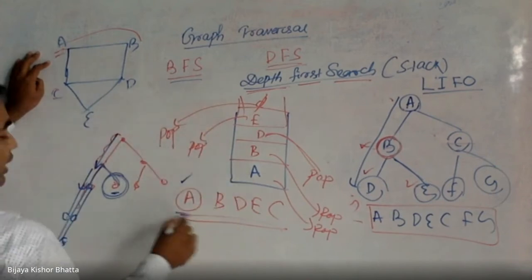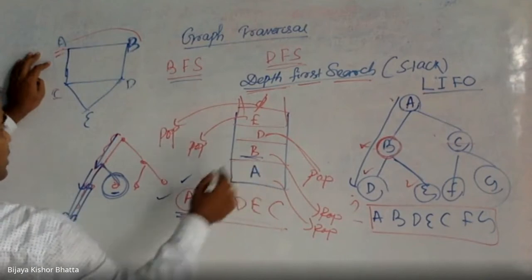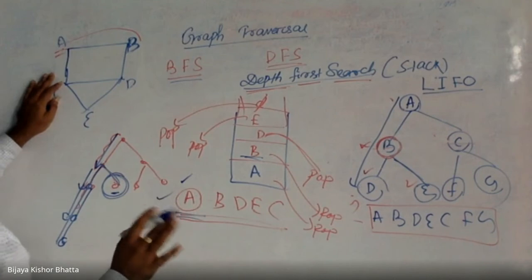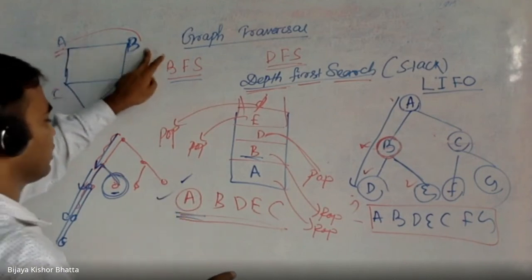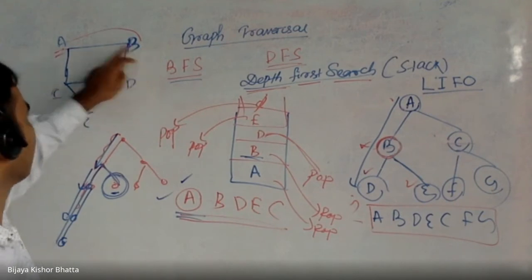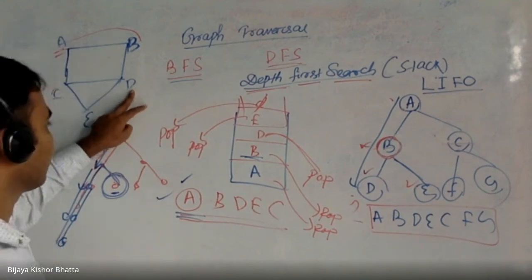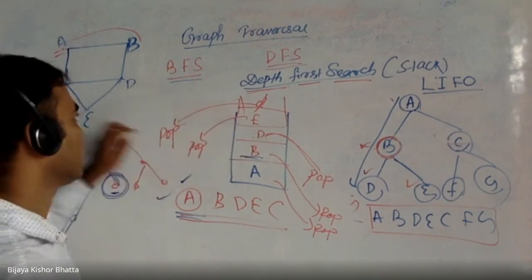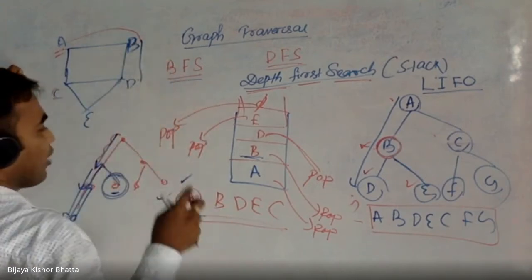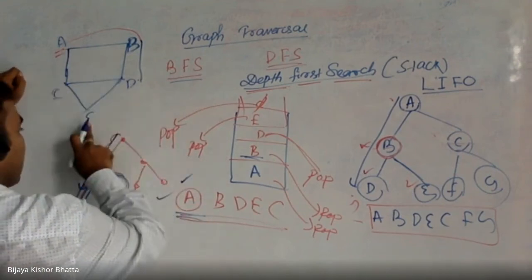Suppose I am going to A. A is done. Suppose I am going to B, so that's why I inserted B. Then I will not think about C for now. Forget about C. So let me go to B. Once you are here, what vertices are there? A is there, but A is already completed. D is there. D is the only choice, there is no other choice. So definitely you will go for D. From B, you have one choice, you will go for D. From D, how many choices do you have? You have two choices actually.